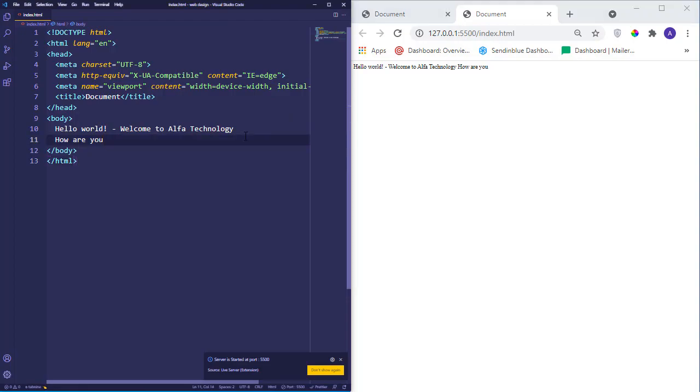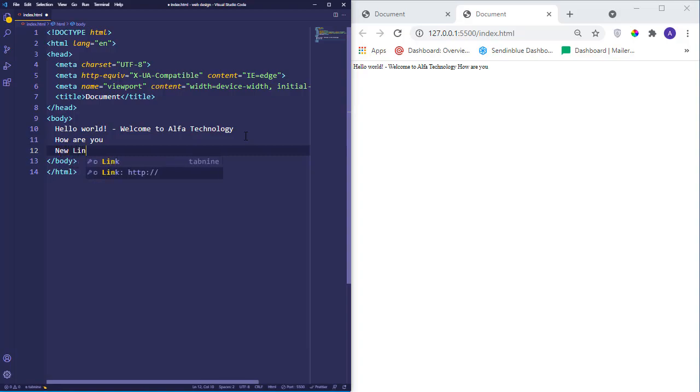The amazing thing about this is that whenever you write any line of code, let's say I write new line added, and I save it, as soon as I save, I don't need to go to the browser and refresh it. The extension will automatically reload the browser as soon as you save your code. This will help you a lot when you are designing a complex website or web page. Now there are some other things that you need to note. Let's get a little bit deeper into this.